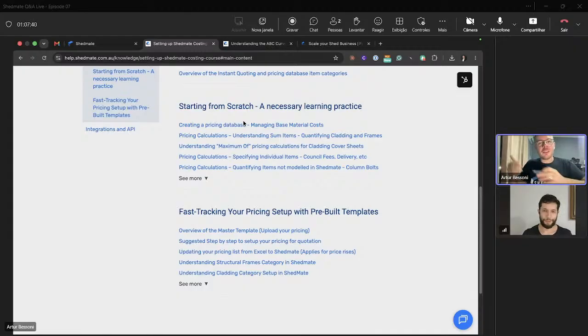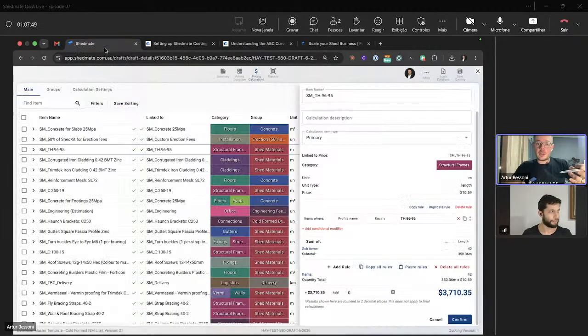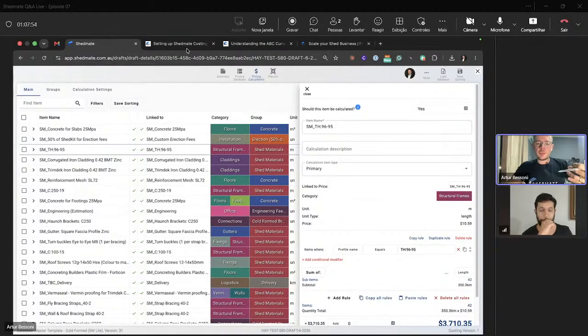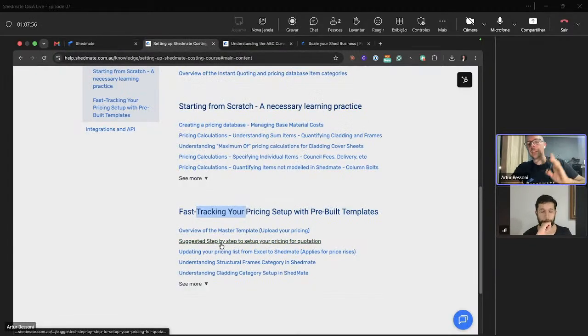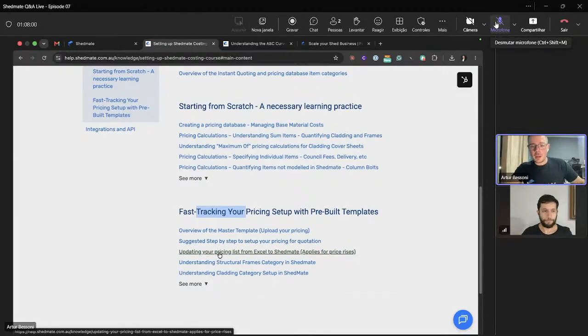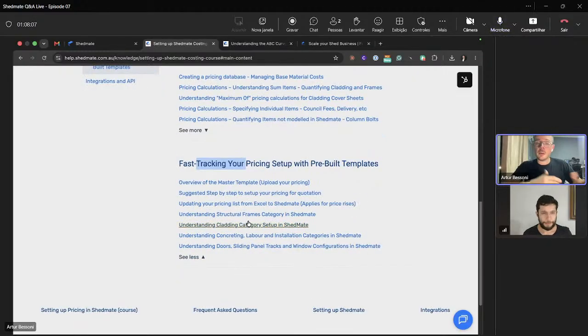how to multiply before you start using the calculator, right? And the calculator is this part here, fast tracking. That's when you have an overview of the master template that we provide for you. This is the master template here that contains all of those calculations. And then once you understand the master template, you have here suggested step by step to set up your pricing for quotation, how to update your pricing list from Excel, even if you have a price rise, and how you can understand the different categories of items that are being quantified in Shedmate, like structure frames, cladding category, concrete